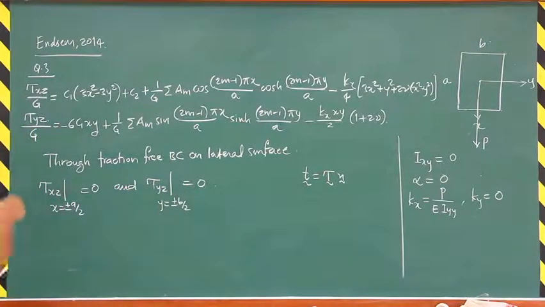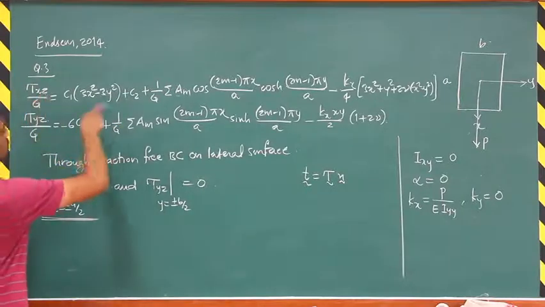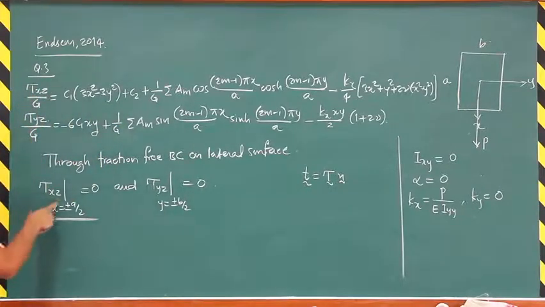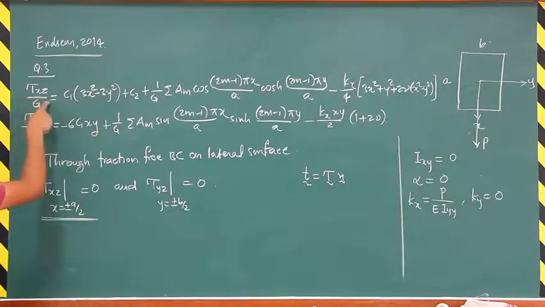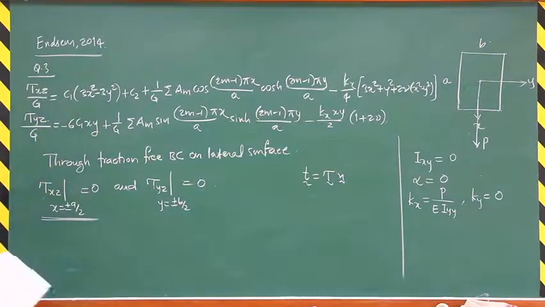So we make use of these boundary conditions to find the constants c1, c2 and am. You can see here, these are the two boundary conditions and we have three constants, but still we are able to find all three constants through these boundary conditions. So let's see how. This boundary condition will lead us to, for tau xz, we have an explicit expression. So tau xz at x equal to plus minus a by 2 equal to 0. If we put x equal to plus minus a by 2 in this particular expression, we can see this term,